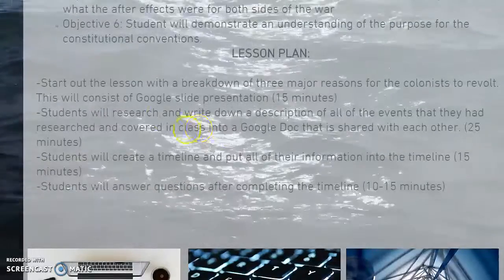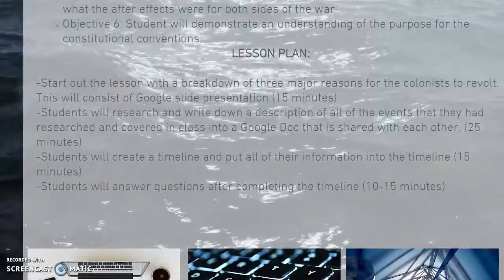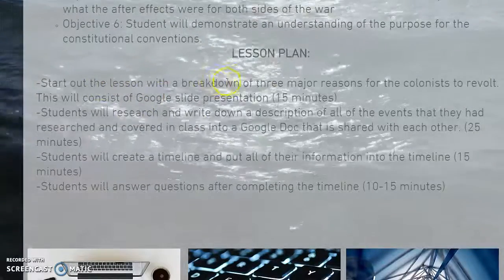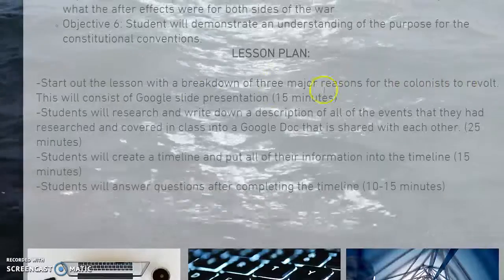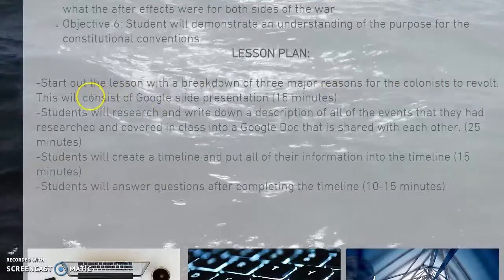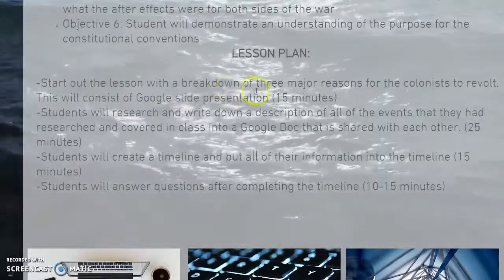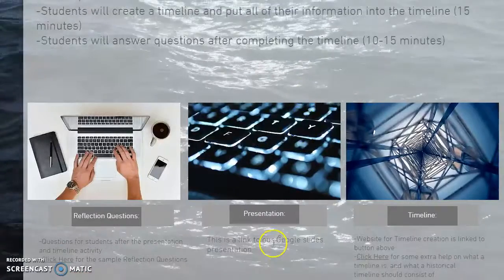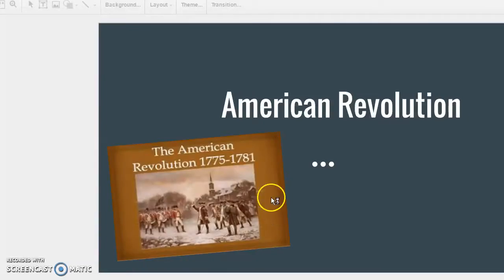And here's the lesson plan itself. So we're going to start out the lesson with a breakdown of the three major reasons the colonists revolted. And that is in this Google Slides presentation here, along with a number of other things